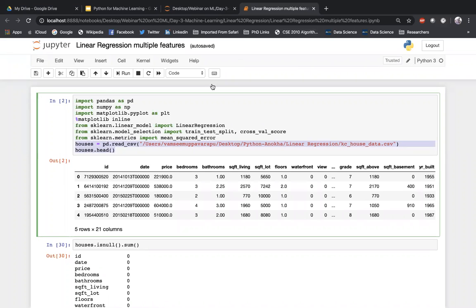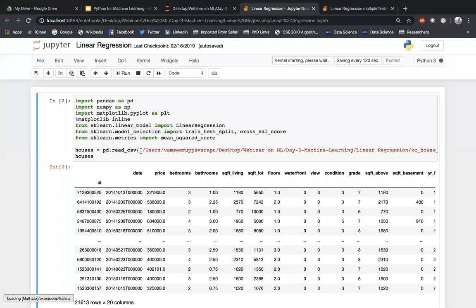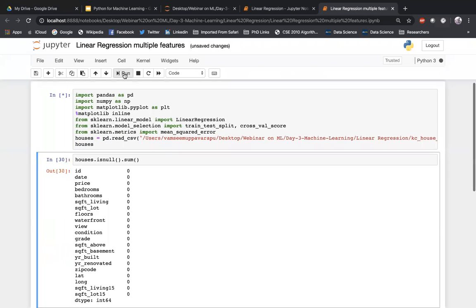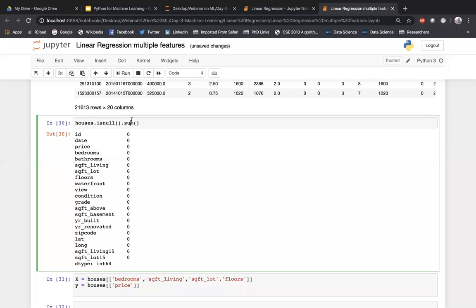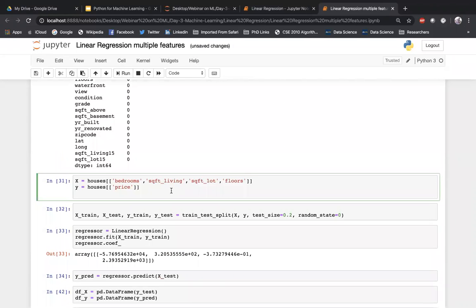Let me quickly change the path to this particular thing, which I'll take from the previous one. Right, so I'll quickly get the data set. And once we have the data set, I'm checking again whether there are any null values in the data set. We don't have anything.